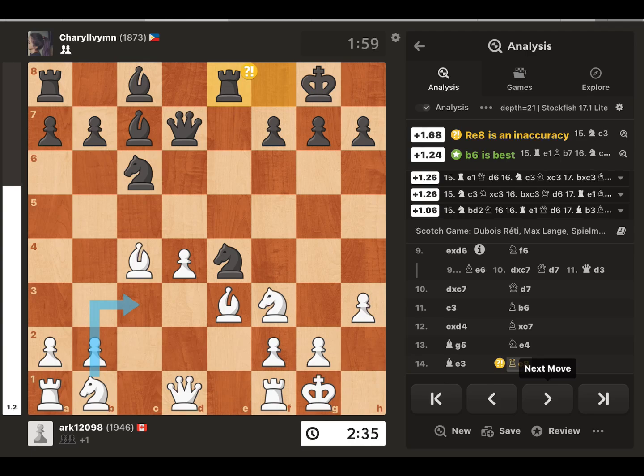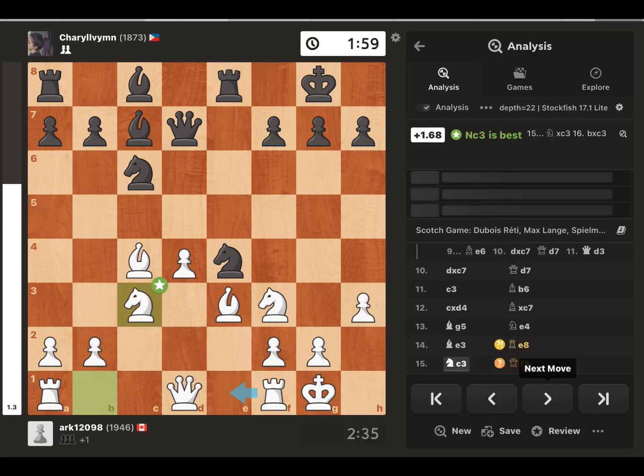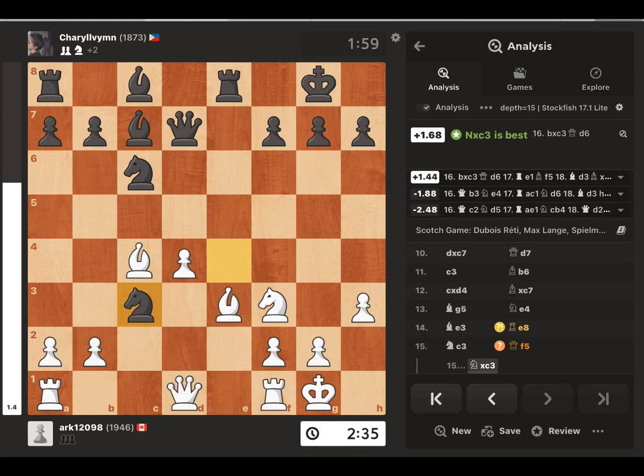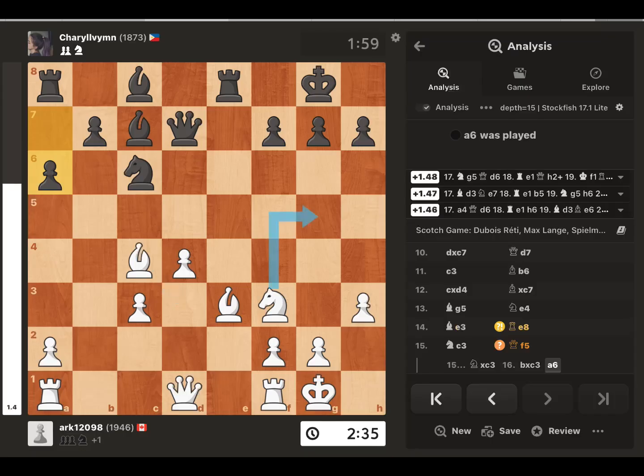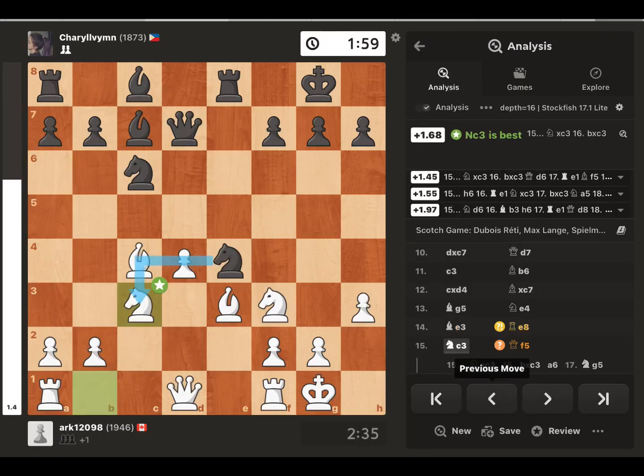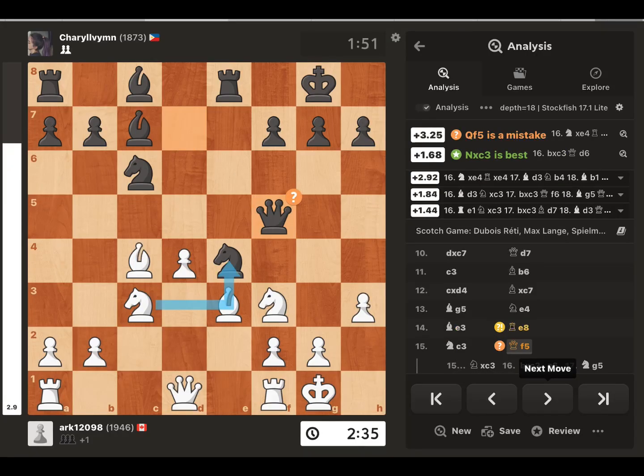And rook e8 is a mistake because after knight c3, my advantage only increases because I still have an idea to attack the pawn. After, I don't know, some move, I want to attack pawn f7. However, instead of taking my knight, which is the correct move, black played queen f5, and this is